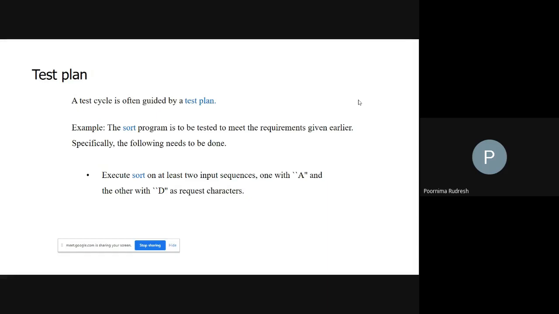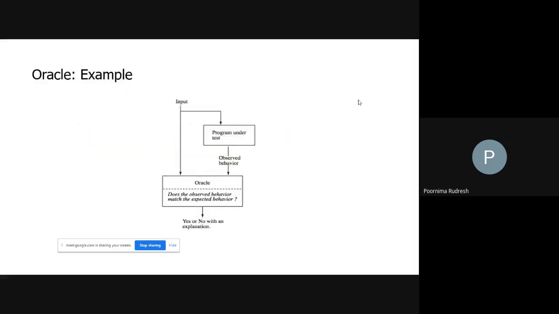So how is it done? The program correctness is done with the help of the Oracle. Here we may have the human Oracle or the automated Oracle. If we use the human Oracle, what happens? Since humans are slow when compared to machines, it slows down the process. And the other one is, since humans make mistakes during the analysis process, it leads to erroneous analysis. In order to avoid that,